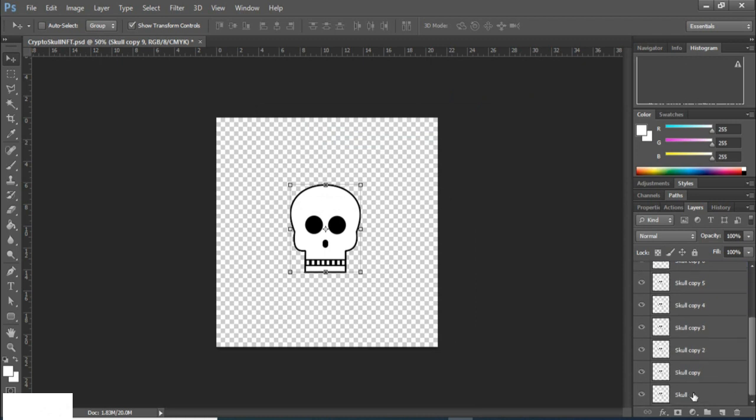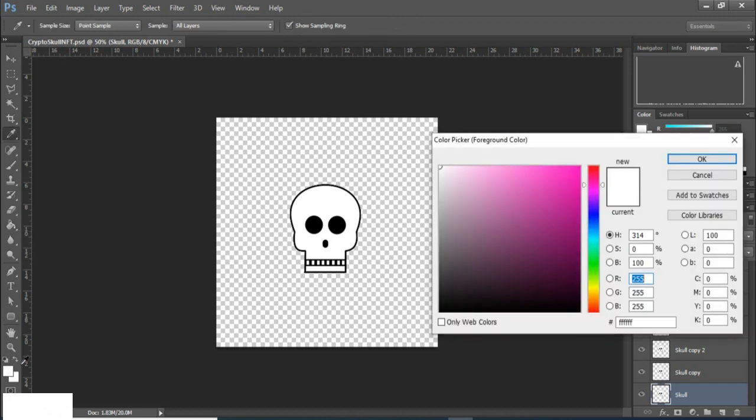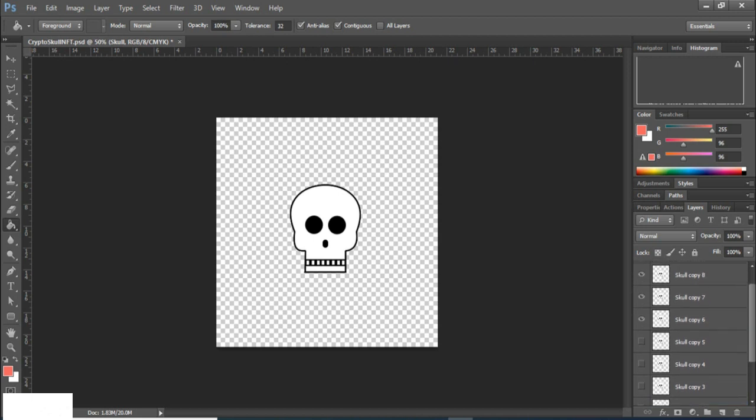Now let's select the first skull first, and here I need to give background color. Now select this paint bucket tool and select the color which I want to give here. So from the starting, first I will give this color. So just remove this,